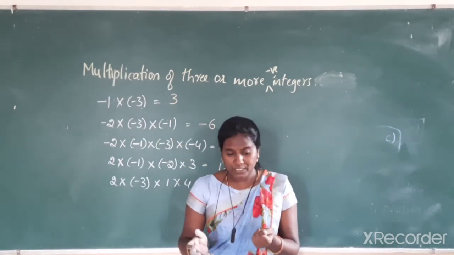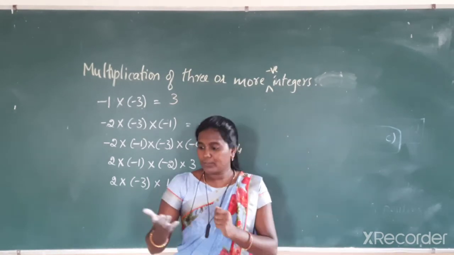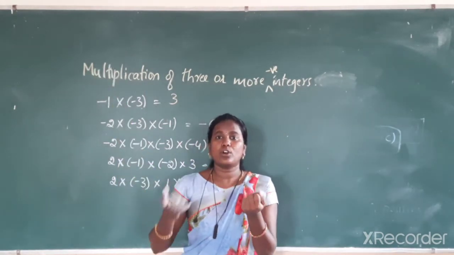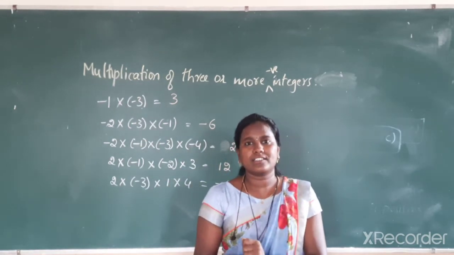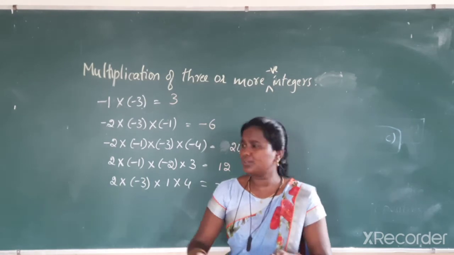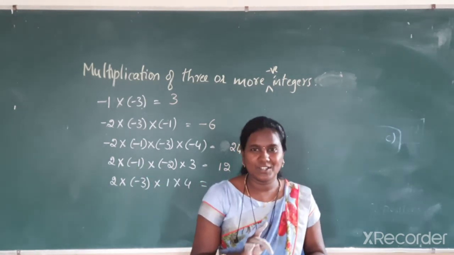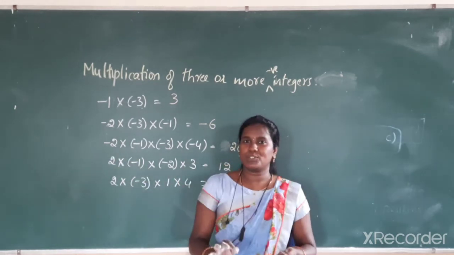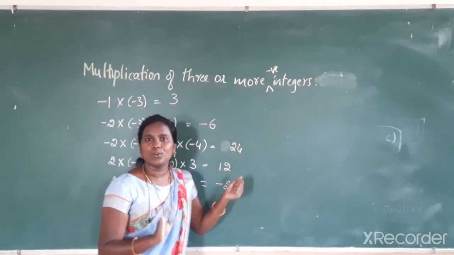We can multiply minus into minus, plus, plus into minus, minus, minus into minus, plus. We can write that. But if more negative integers are there, then how to get the answer? If 77 or 98 or more than 100 negative integers, or if it includes positive integers, then how to get the answer? Are we going to do the same procedure? No, we are not going to follow the same procedure. It's easy to get the answer. I'll tell you how to get the answer.